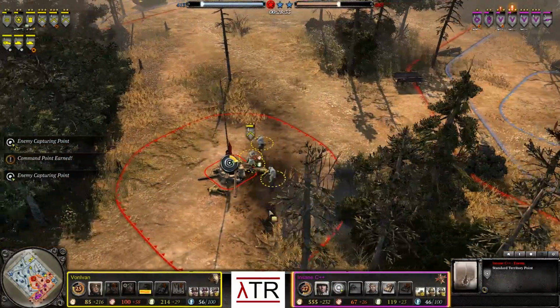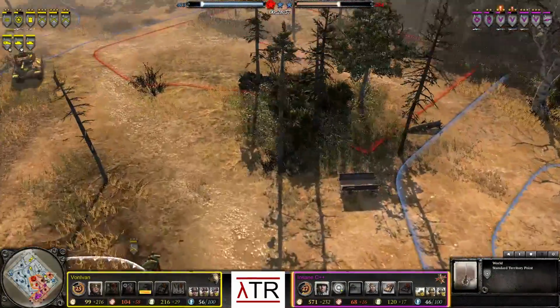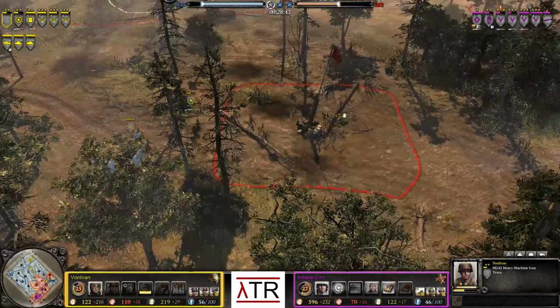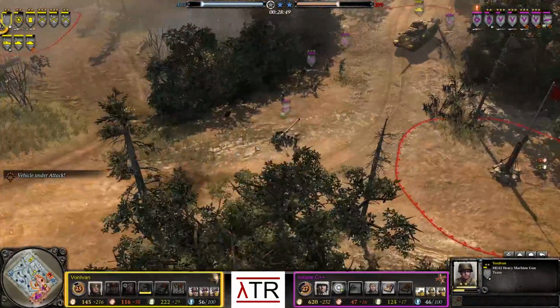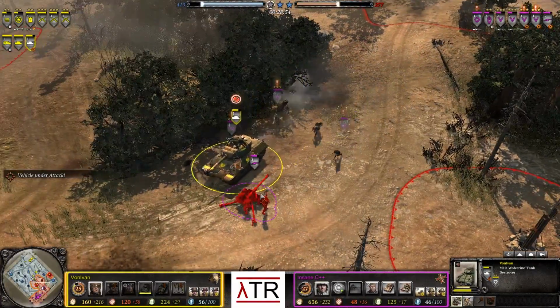Rifle squad on the right-hand side taking some damage to something. Maybe a mine of some sort. Shoe mine, maybe? We see Devem getting pushed all the way back to the base. Doesn't have anything on the field right now. Big push over to the right-hand side as the Grens try and go for the...